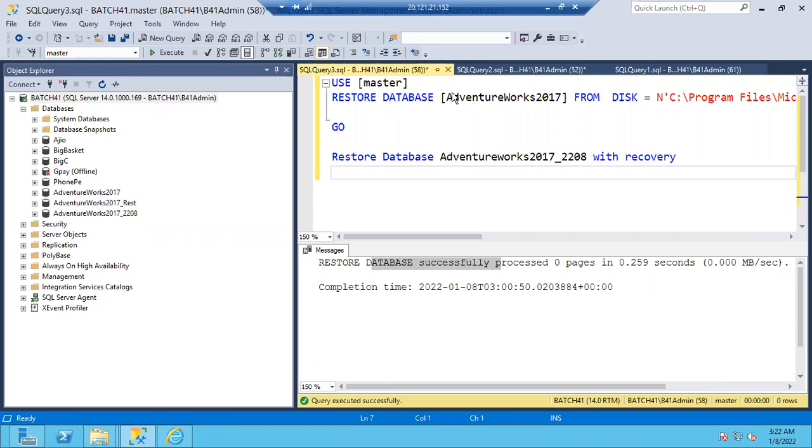What is the status of the database during that? Simply in restoring state. Until the database is completely restored, the database state would be restoring only. I have chosen with recovery also. See, with recovery can run only once the database is restored successfully, at the end. The restore itself is failed, right? So it won't run anything. Simply the database will be in restoring state, so once again we need to start from the beginning. Otherwise, if it failed completely, you cannot see the database in the list at all.